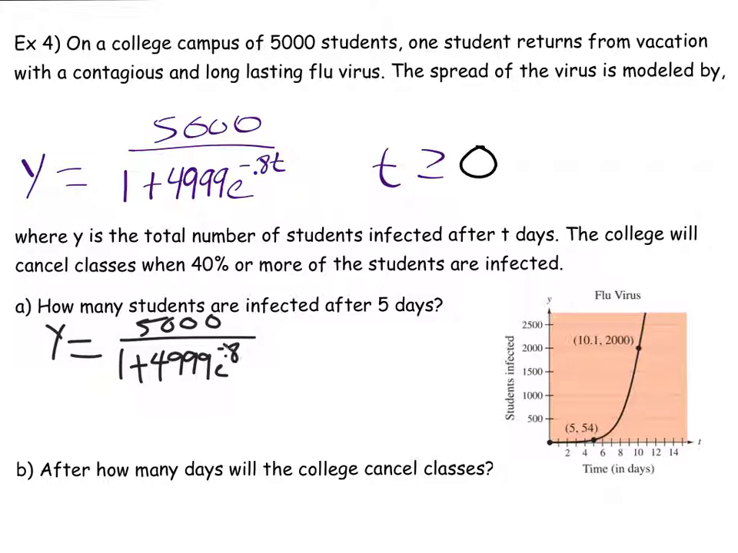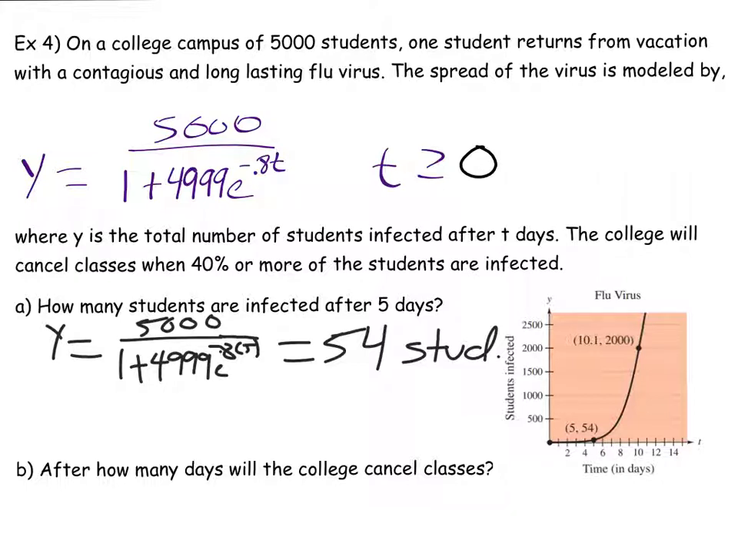I have a value for t, 5, that I'm going to put in, and I would see that it's about 54 students. Okay, about 54 students. I'm going to go clean this up a little bit. That was kind of messy. Okay, so